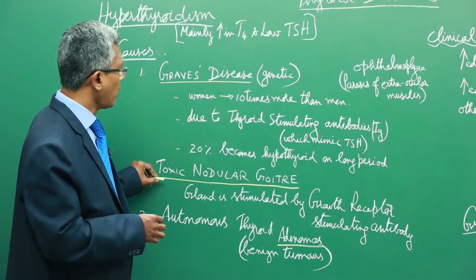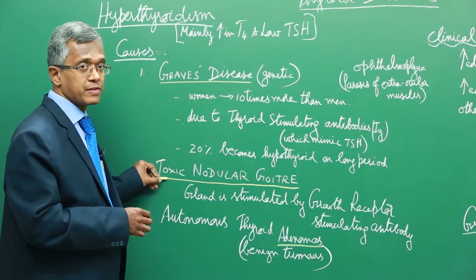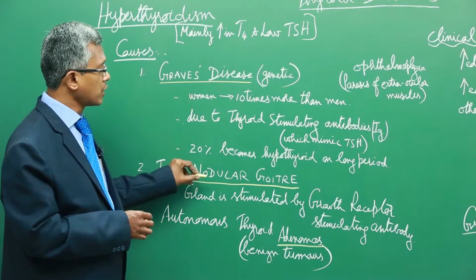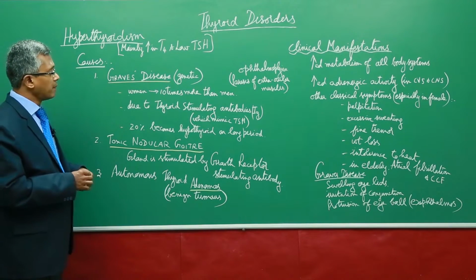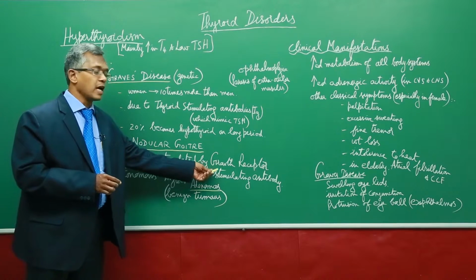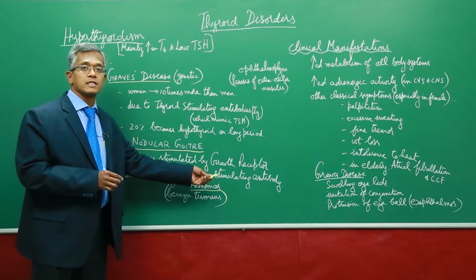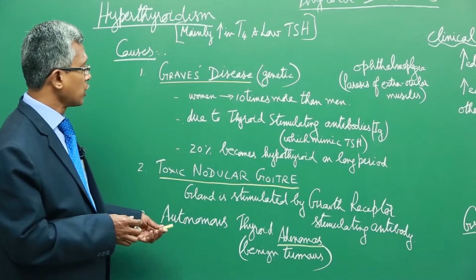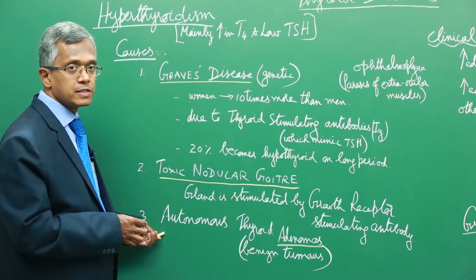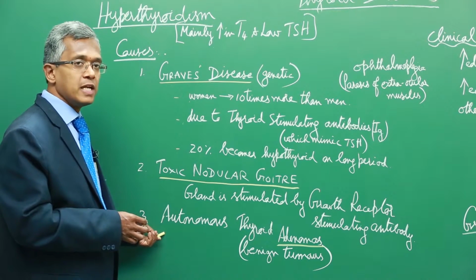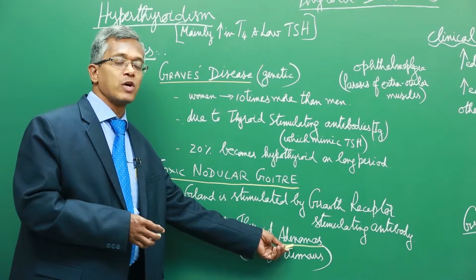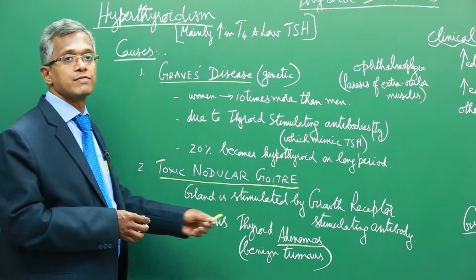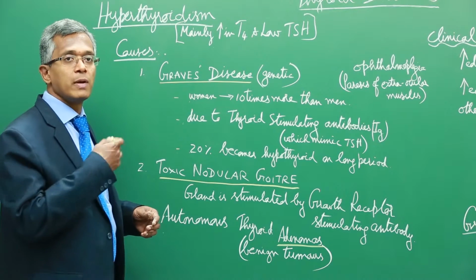The second reason for hyperthyroidism is toxic nodular goiter. The thyroid gland is stimulated by the growth receptor stimulating antibody, which leads to excess secretion of T4. Autonomous thyroid adenomas are benign tumors, not malignant. The benign tumor of the thyroid gland also leads to increased function of the thyroid gland, which ultimately leads to